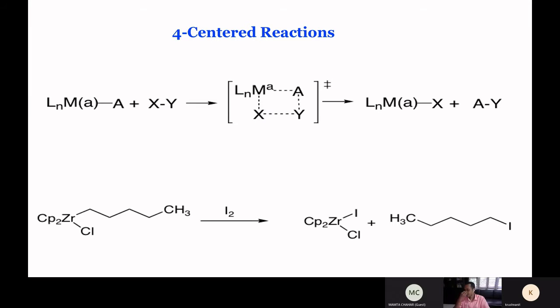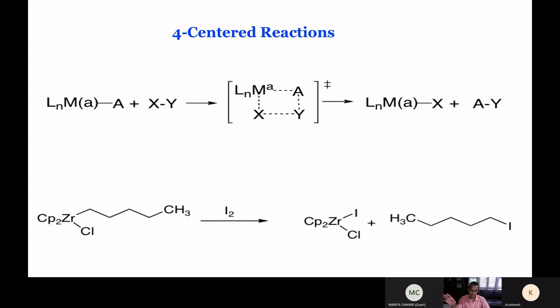But specifically in cases where you need to do a sequential oxidative addition and reductive elimination, that essentially will allow you to exchange the partner. But if it is not possible, then